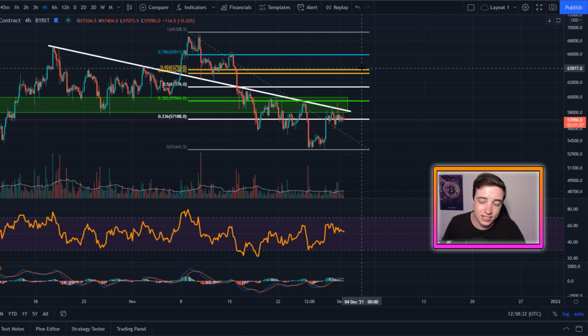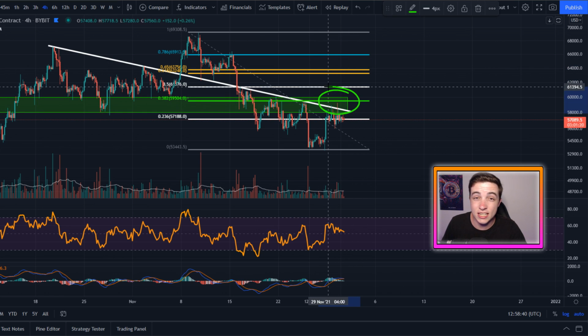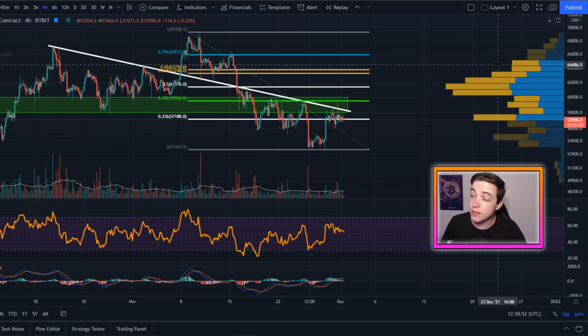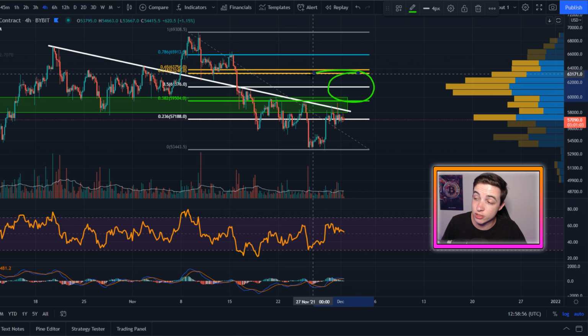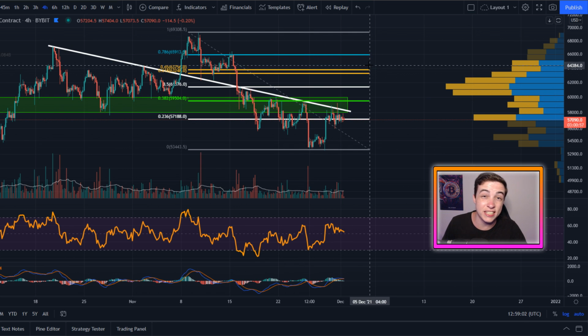So in around that $63,000 price range just there, that would be my first major price target to the upside once we can finally start cracking above $60,000. And this is also backed up with the VPVR indicator showing a lot of resistance coming in between that whole price range right there. And then obviously anything above the golden pocket, after we start getting above around $64,000,